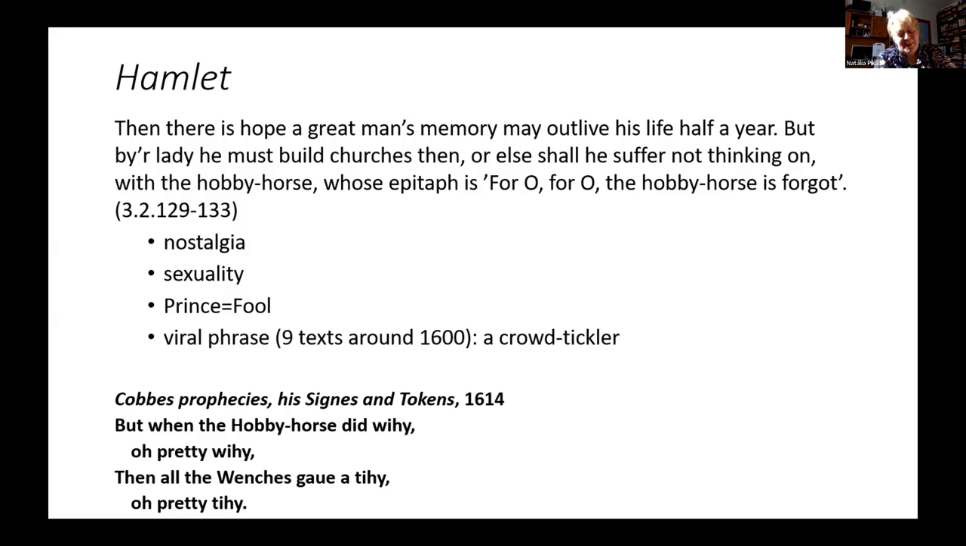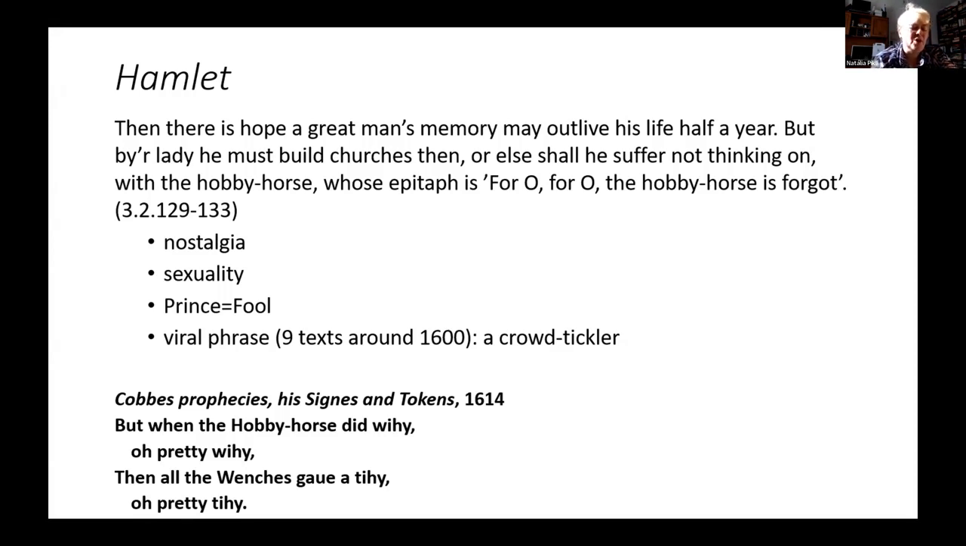And then he talks about how the hobby horse is forgotten, and how a man must preserve his memory in funeral monuments, or otherwise he will be forgotten. So on one hand, there is a clear reference here to the forgotten old Hamlet, his father, and how the young Hamlet laments that the memory of the old Hamlet is slipping away with this reference to the hobby horse. But because it's in the context of this entertainment, where the prince is acting like a fool,